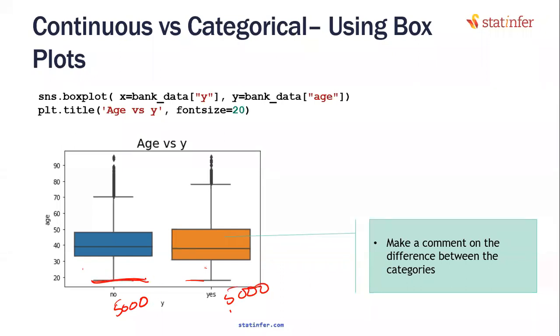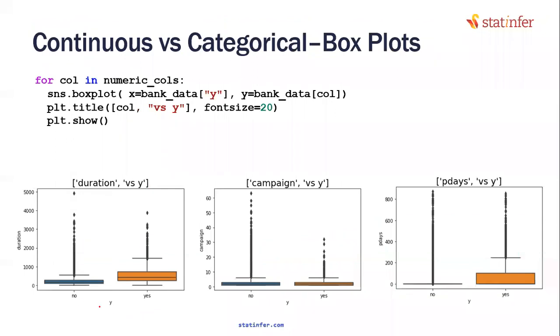If you see the people who haven't purchased, their minimum age is the same as this minimum age. 25% is also matching, 50% is also matching. Looks like everything is almost the same. When do you say there's a huge difference? If this box plot shows somewhere here, then you would say there's a difference. Similarly, there are several other examples, yes or no versus duration, campaigns and all that. Apart from this, I can see a slight difference, but I cannot really see any significant change.